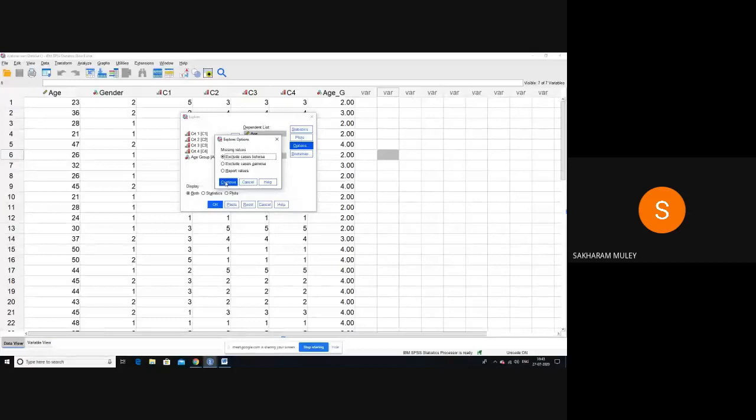And here it is, display what you want to display. If you click only on Statistics, then you will not get the option of plots. If you just want to test normality, and you don't want to display descriptive statistics, then you can click only on Plots. But as I have clicked on descriptive statistics as well, and I want results for the plots, I will click on both. Let us see what happens.